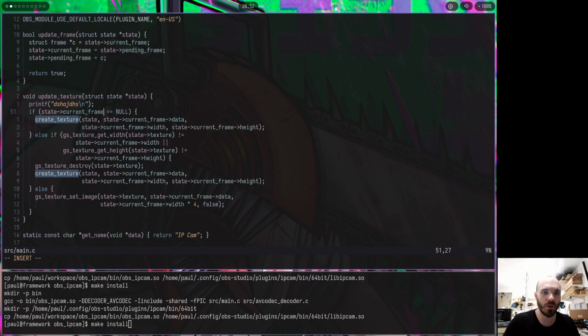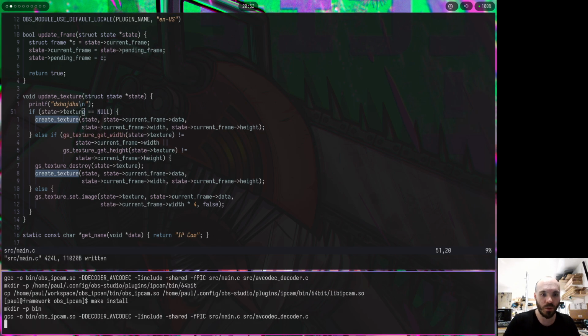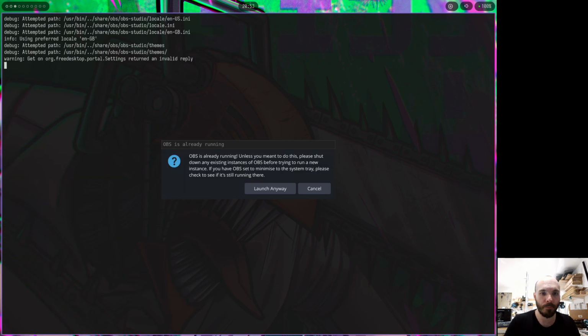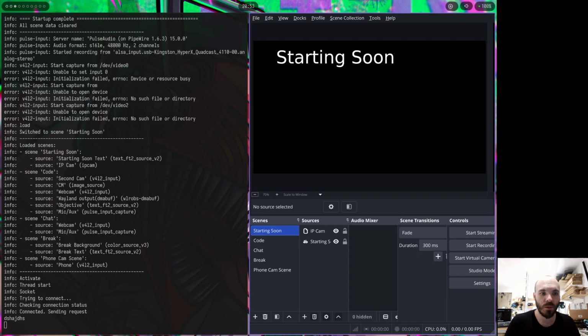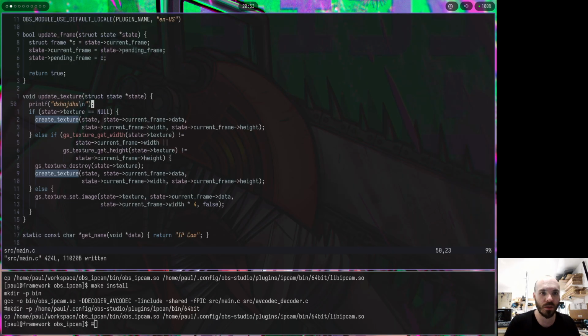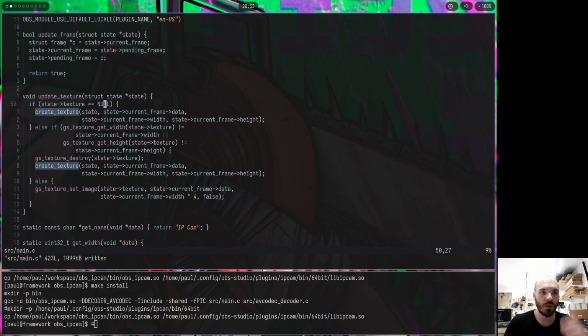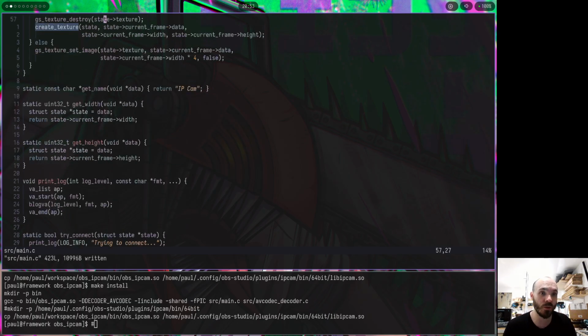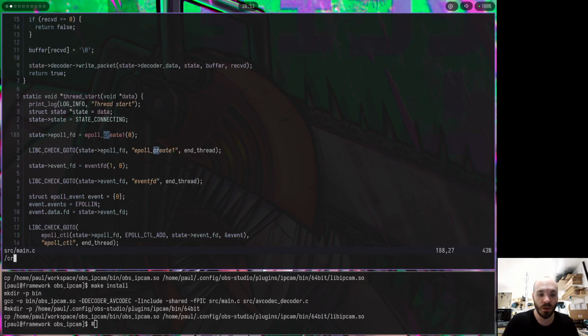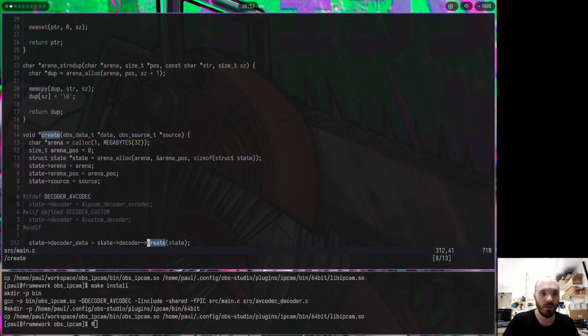This is completely wrong here. This is texture. Okay, so I'm getting this. Now texture, if I didn't set it to null at the beginning, that might cause an issue, even though I do a calloc. Just to be safe,